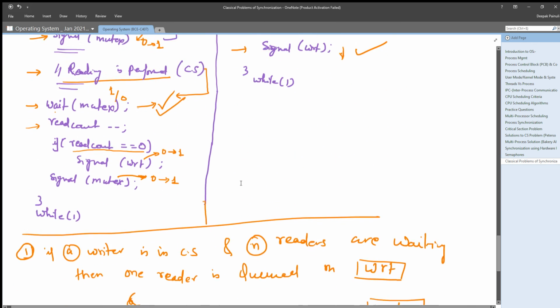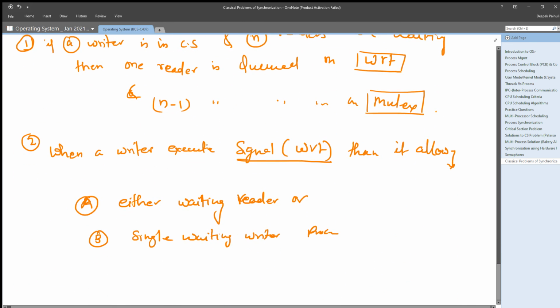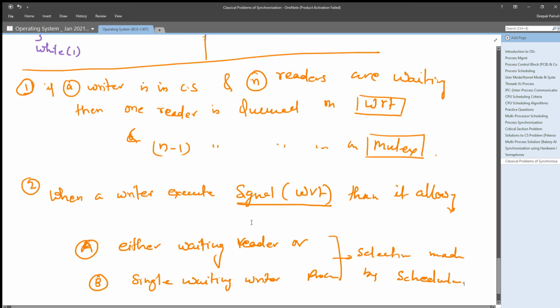The selection between these two is made only by the scheduler. It is the choice of the scheduler, whether it selects the reader processes or the waiting writer process.